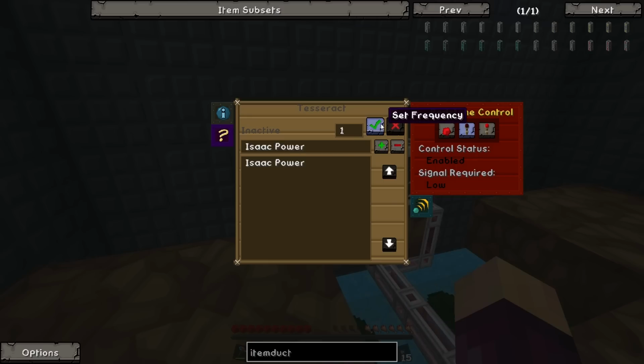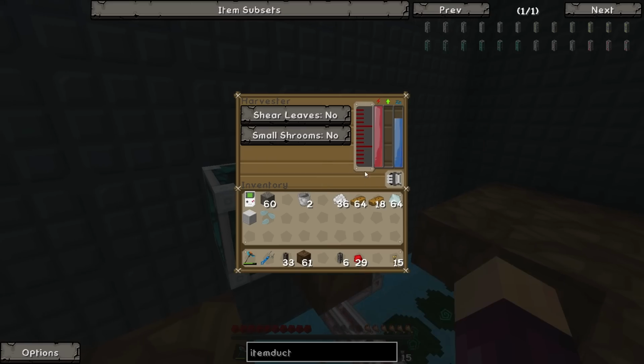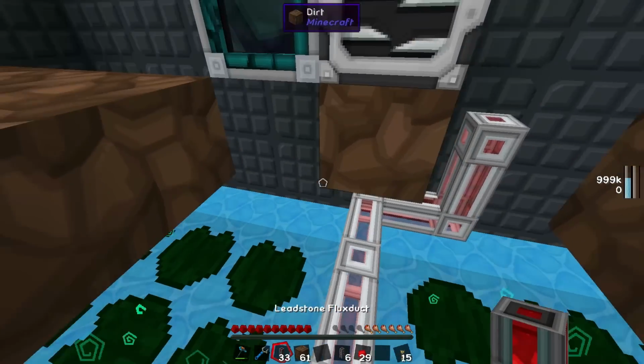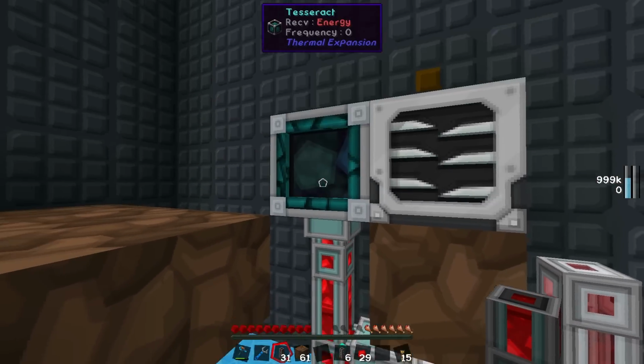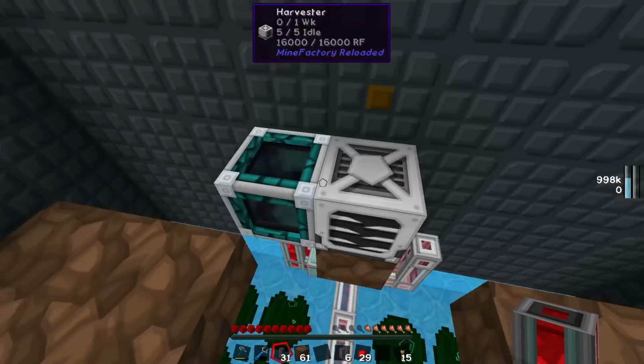Of course, we want to set it to Isaac Power, tick. We want to make sure it doesn't do anything with items or fluids. It just receives energy. That should power this guy automatically. It is. We're then going to put down the leadstone flux ducts like that. That should power the planter, which it has, and then all we need to do is head on back,